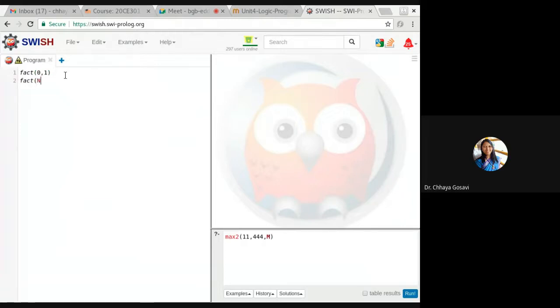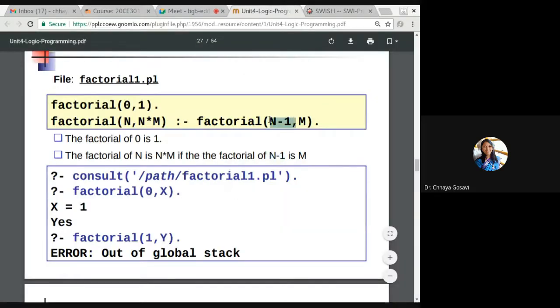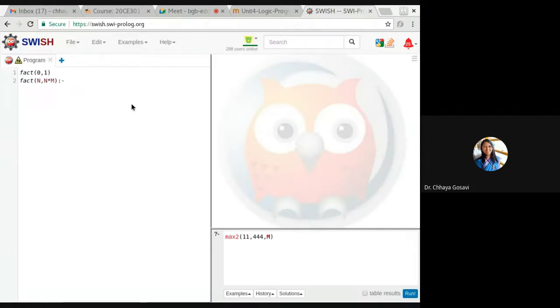Factorial of n is n into m, provided that factorial of n minus 1 is m. Here we are using recursion. So how will it work?